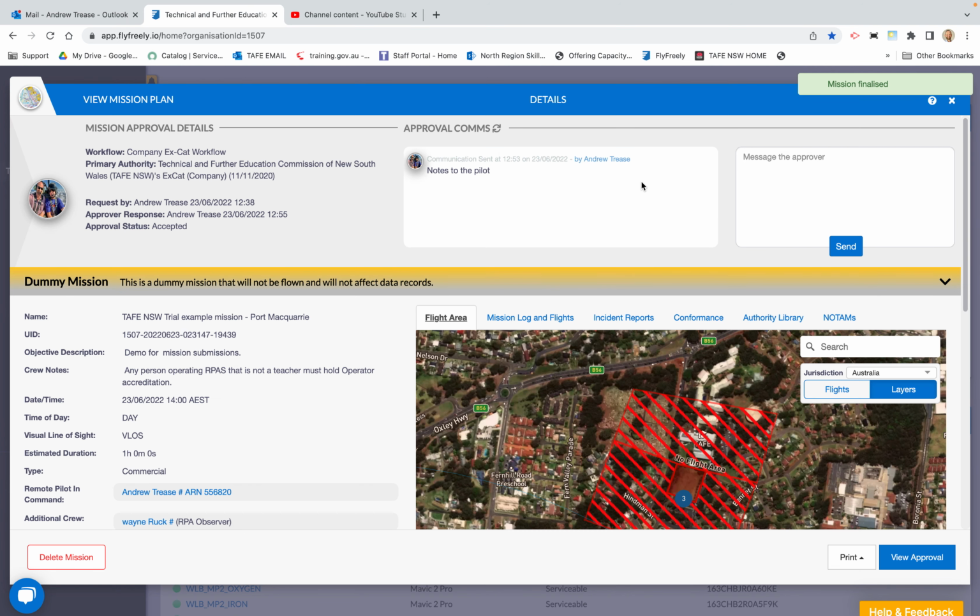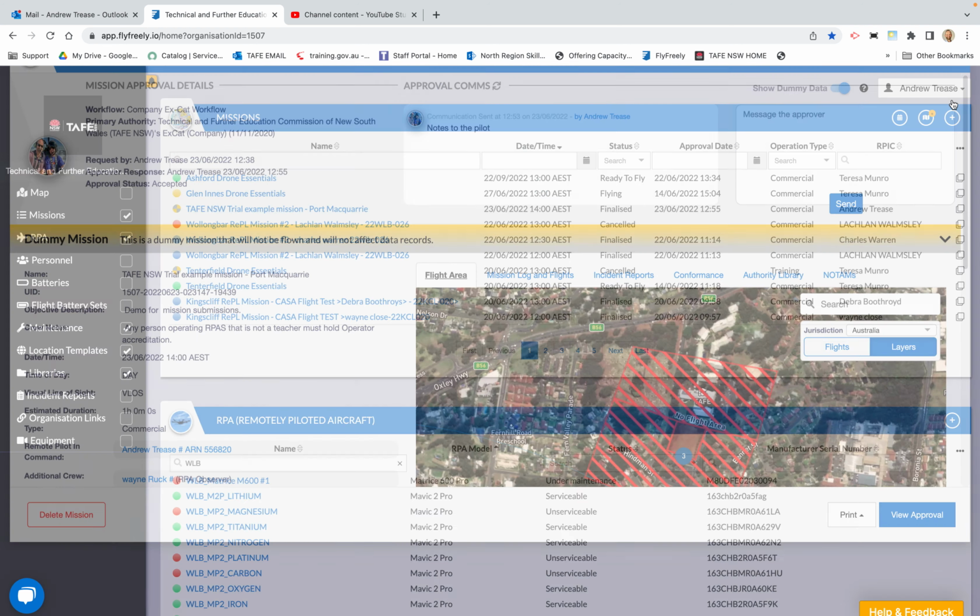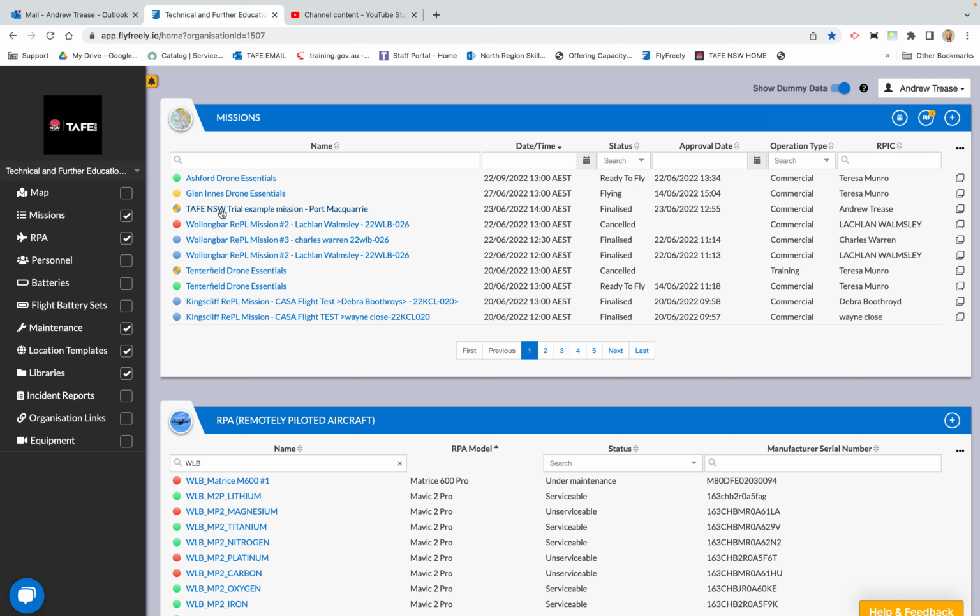This becomes a complete audit trail for this operation, and it's a very nice way for us to present our information through to the regulator. That's now moved this flight through to the finalised state. No more changes can be made, and that's the end of